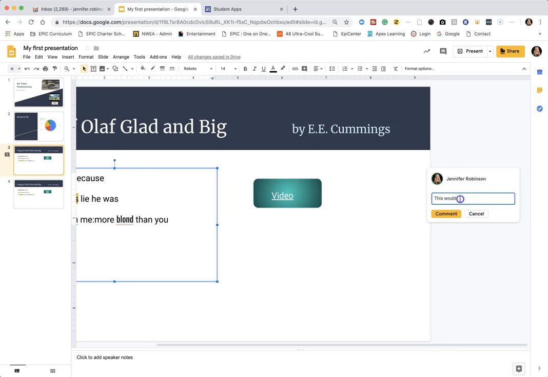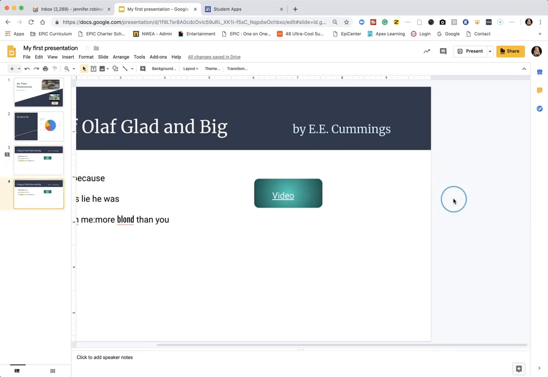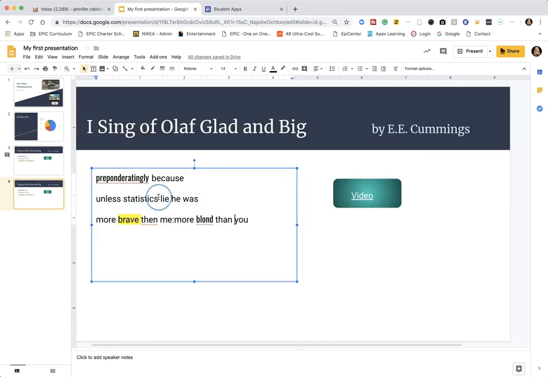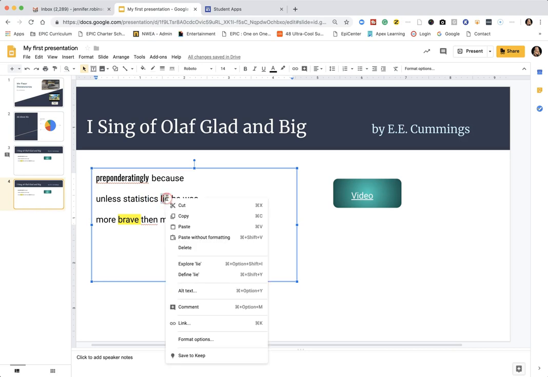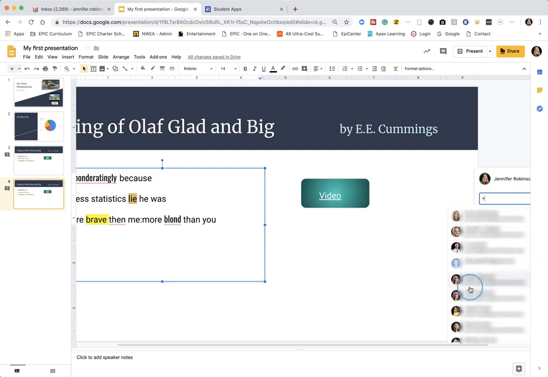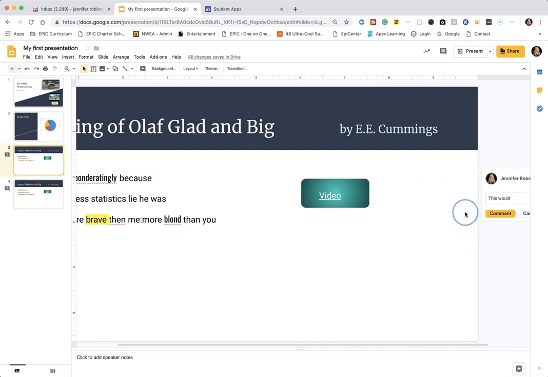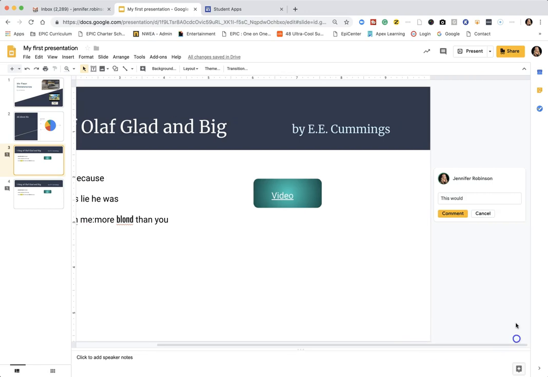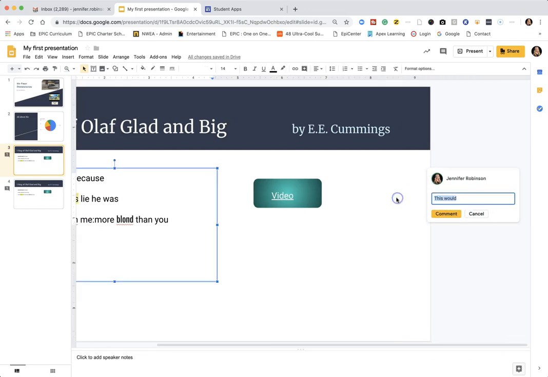Now, if you want to address a specific person in your comment, you can enter the plus sign. So let's select some text, enter a comment, and in this space here, you would add a plus sign. You can shift plus sign, and now it will open up your menu and you can select a specific person to send it to. And also, after you've entered your comment,